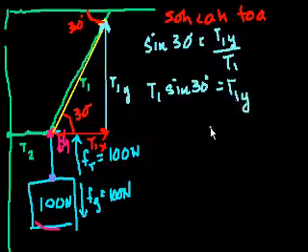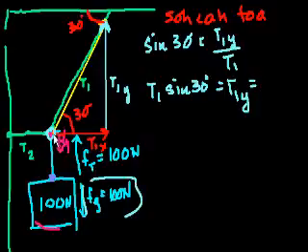And what did we just say before we dived into the math? We said all of the lifting on this point is being done by the y component of T1, because T2 is not doing any lifting up or down. It's only pulling to the left. So the entire component that's keeping this object up, keeping it from falling, is the y component of this tension vector. So that has to equal the force of gravity pulling down.